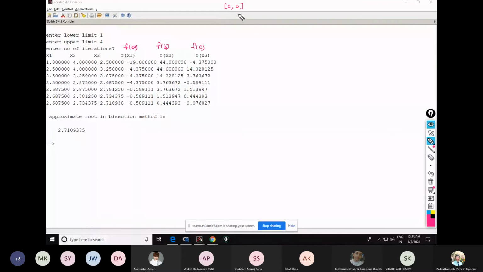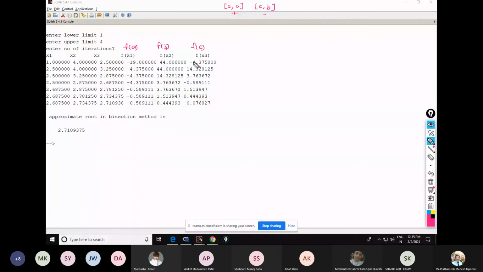Okay, I have to select either A to C or C to B. So I will make the product f of A into f of C. Is it negative or positive? The product of f of x1 into f of x3, is it negative or positive? Both signs are negative, so the answer will be positive here, and in C to B, the answer will be negative. f of x1 and f of x3's product comes out positive here because both signs are negative.